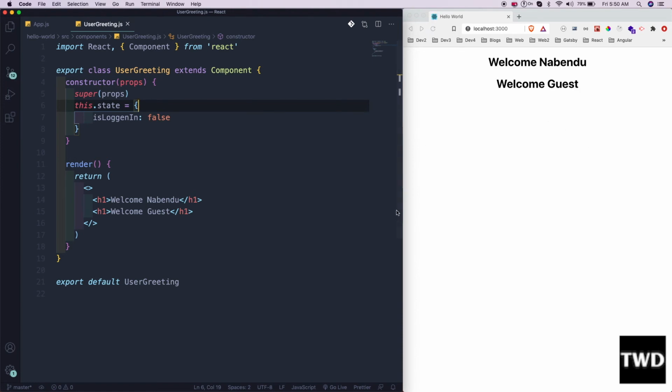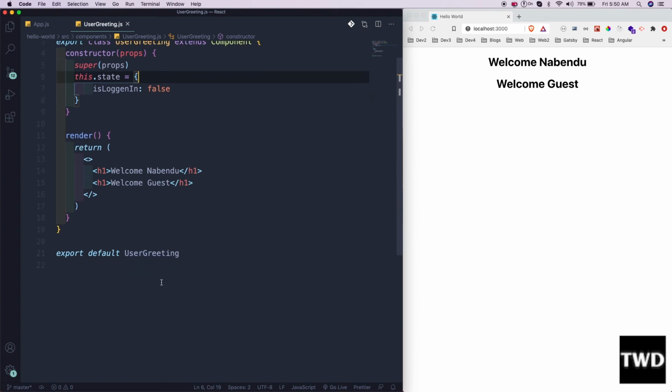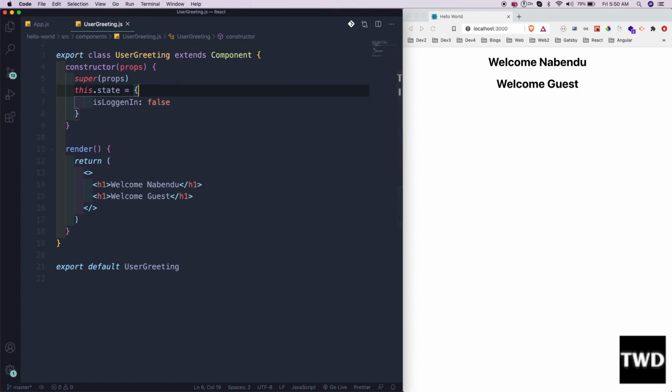Right now both of them will be shown. So how to do the conditional rendering? First, there are only four methods for it. So let us do it. The first method for the conditional rendering is